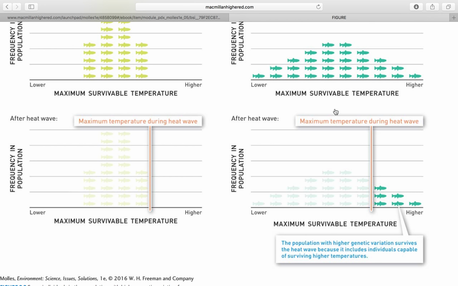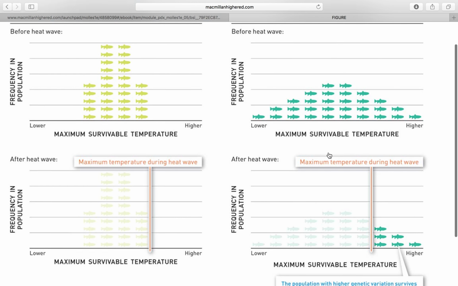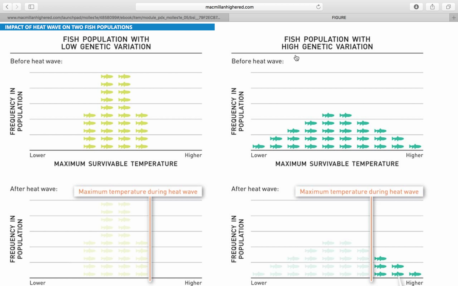Why is this important for environmental survival? And what does this mean? And how do we get genetic variation in the first place? Well, genetic variation just basically comes from having a large gene pool. That means you have lots of individuals mating with each other and passing on their genes to the next generation. And the individuals that are mating with each other are not coming from the same genetic pool. In other words, they're not brothers and sisters, they're not cousins, they're long, far descendants of each other. So you have a great spread of genes going into the gene pool, and therefore you have a higher likelihood of some of those genes giving a certain capability to survive any given environmental pressure,